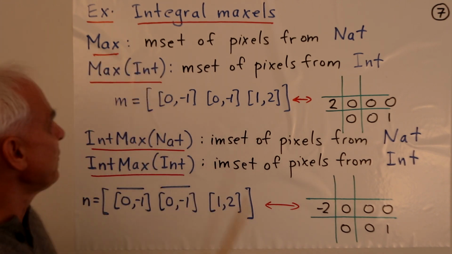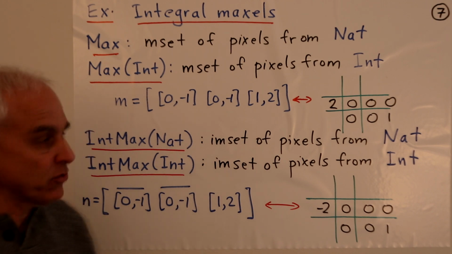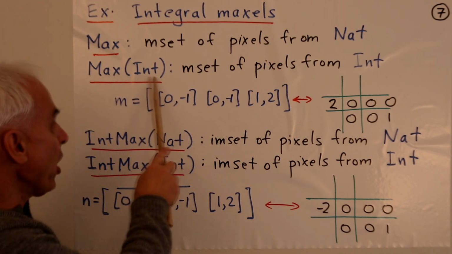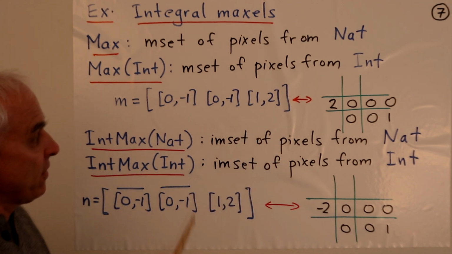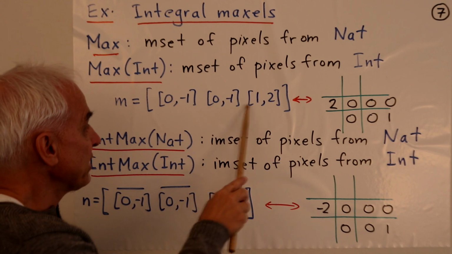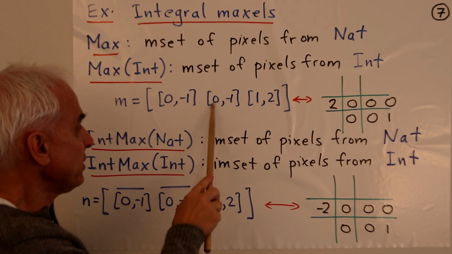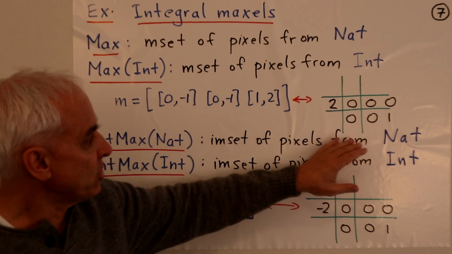And another main example for us are integral maxels. So we started off talking about maxels as msets of pixels from natural numbers, and then we enlarged that to consider maxels as msets of pixels from integers. For example, here's a maxel with these 3 pixels, 0, -1, 0, -1, 1, 2. And that corresponds to this geometric